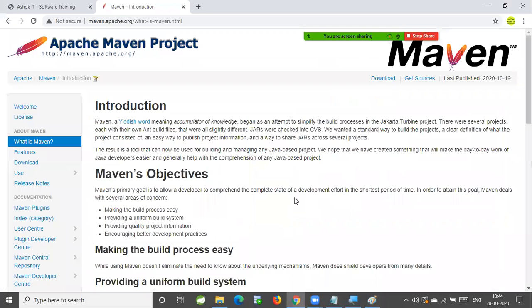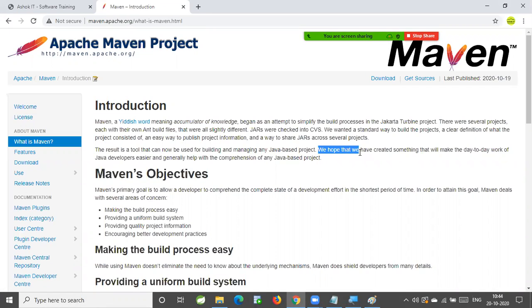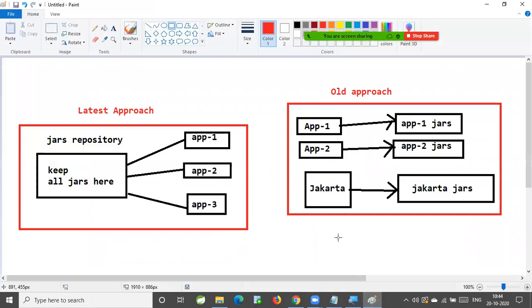They thought that they helped people, mainly Java developers, in the day-to-day work of the application build process. Yes, that is 100% true. Maven is helping us a lot in our day-to-day work. Daily we write the code, we need to compile, test, and package it. Several things we do on a daily basis as part of the build process.